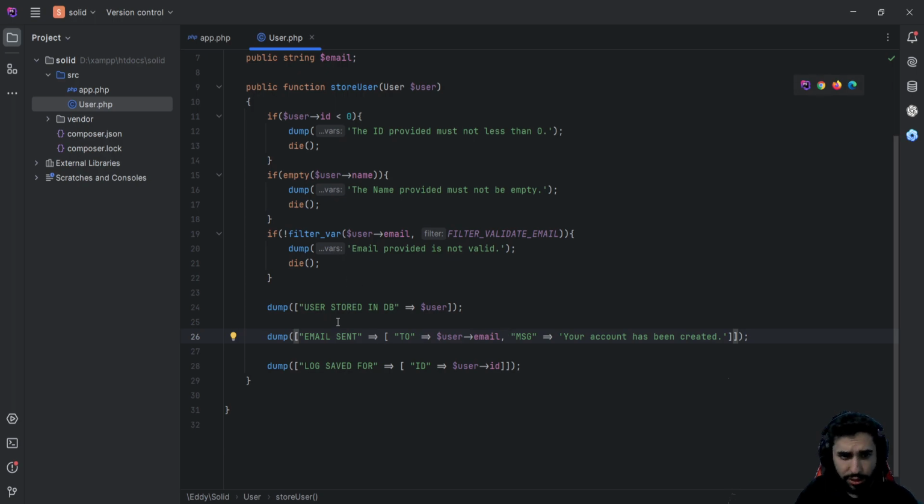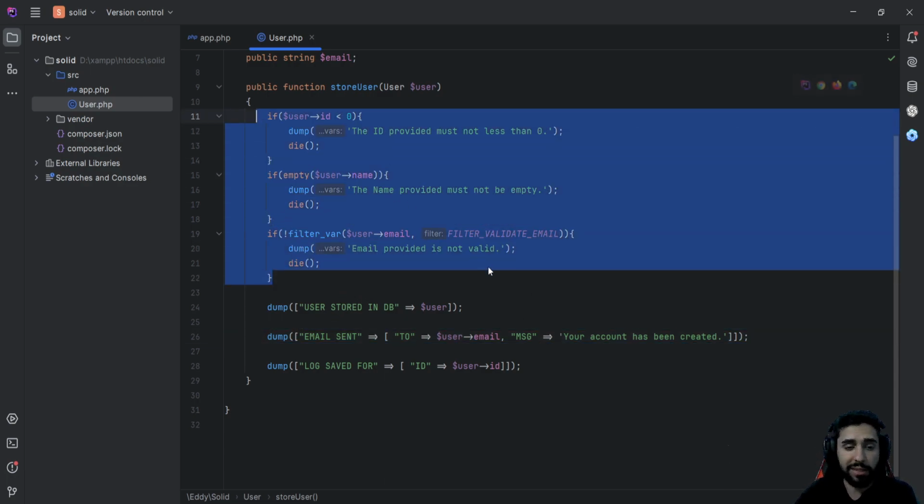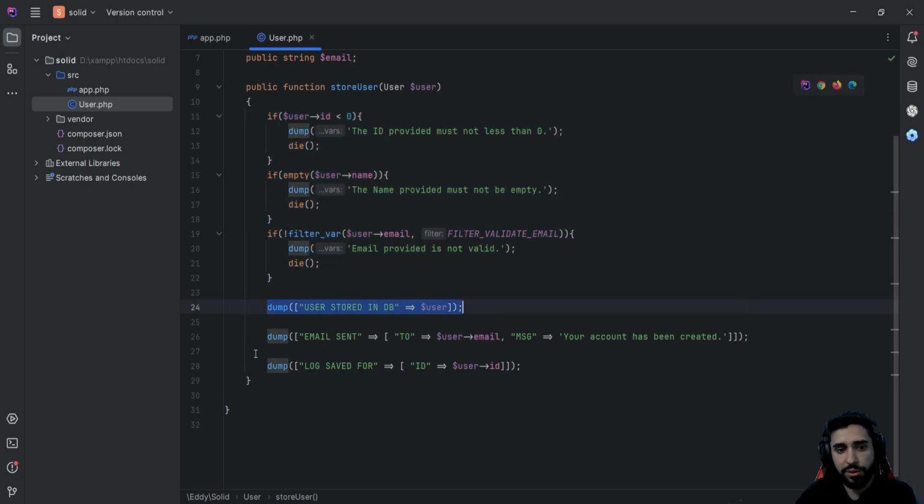Let's see, I just want to store a user. That's all I want to do. In this case, I can't do that because I'm always validating, which is correct, but it shouldn't be here. I'm storing this user, but I'm also sending an email and saving this log, and that's not what I want,